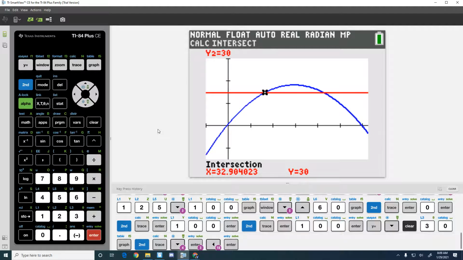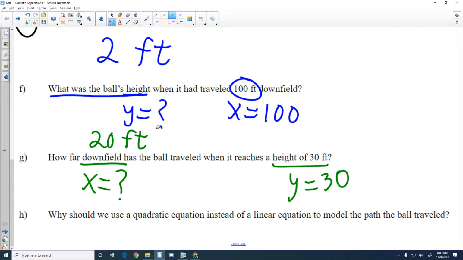Can't they just be 33? Yeah, you can say 33. That's fine. So we got 2 different answers here. We have at 33 feet